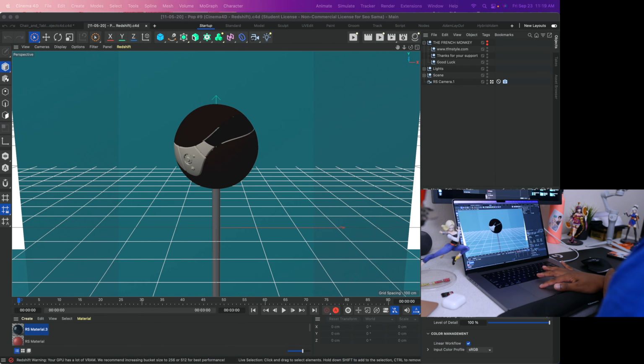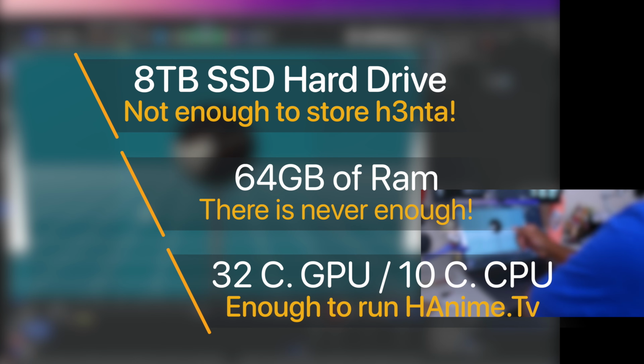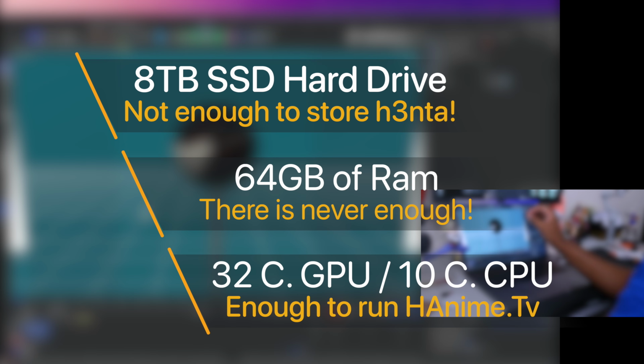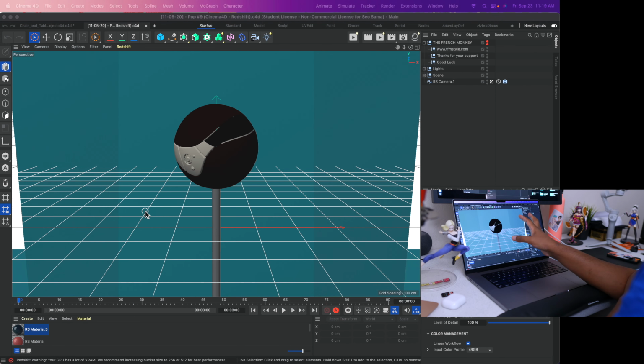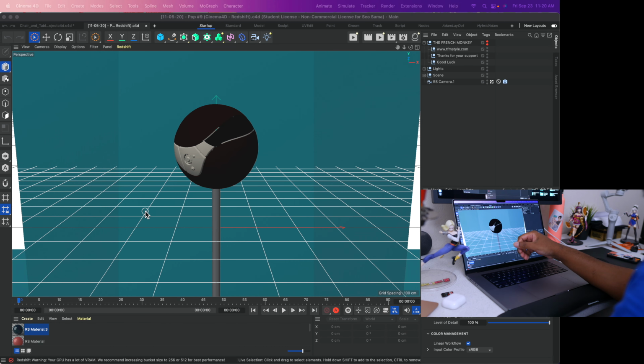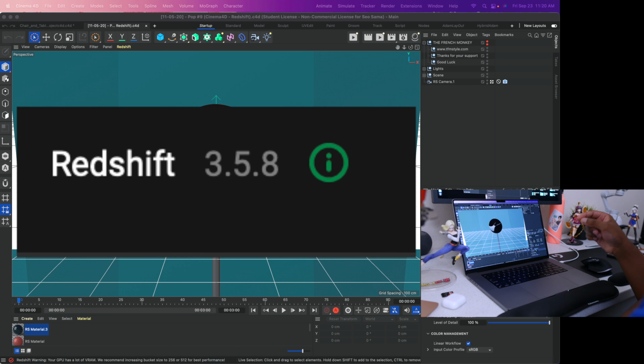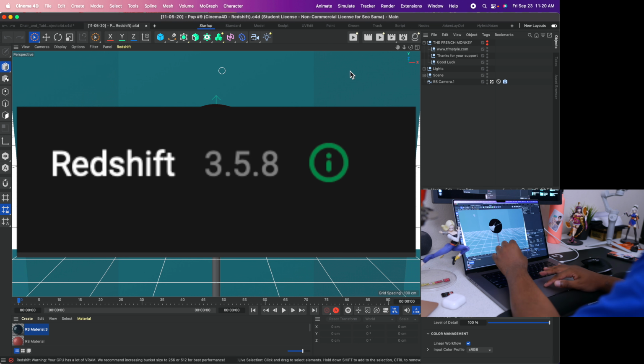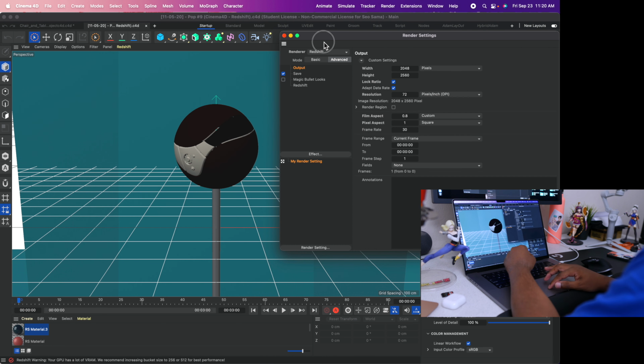The version of Cinema 4D that I have open right now is R26. Now, Cinema 4D has nothing to do with this. Whether you are using RedShift with Cinema 4D, with Blender, or with whatever software you are, RedShift is still RedShift. It's supported by Apple Silicon, whether you have an M1, M2, or M Pro, without any issues. And the version that we are working with for today is 3.5.8. So let's go ahead and take a look at the settings